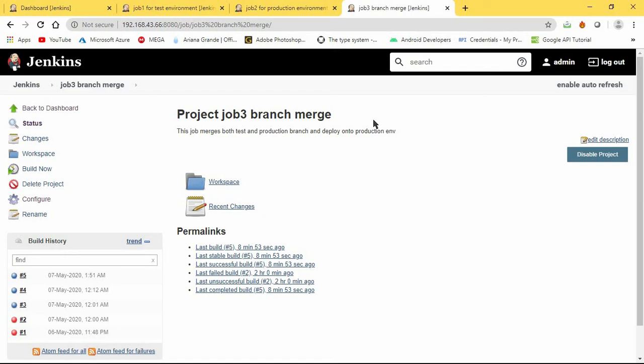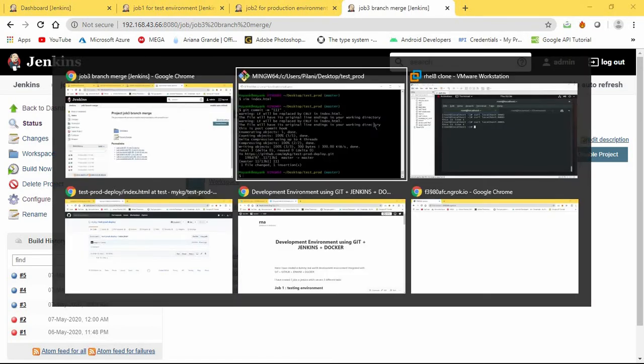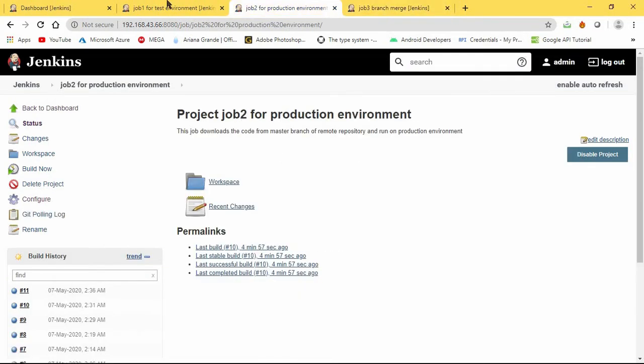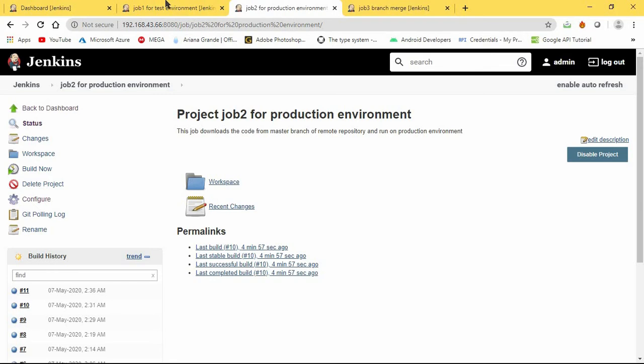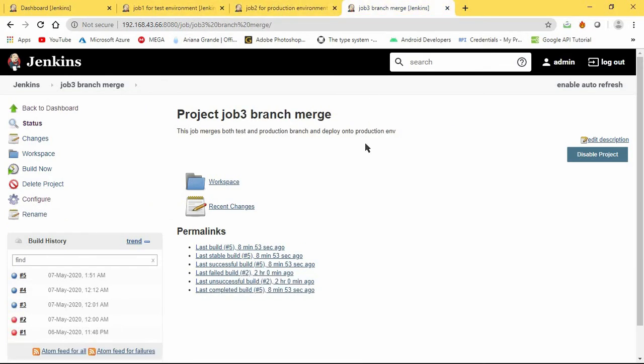So when you are confident that your testing environment is good and can be joined to the production environment, then we have to run job 3, and this job 3 is run by the QAT team, which is the quality assessment team, which does the task after checking the testing environment and production environment.